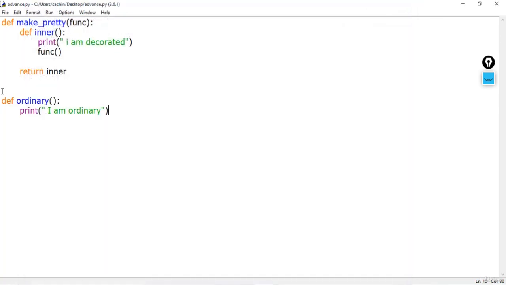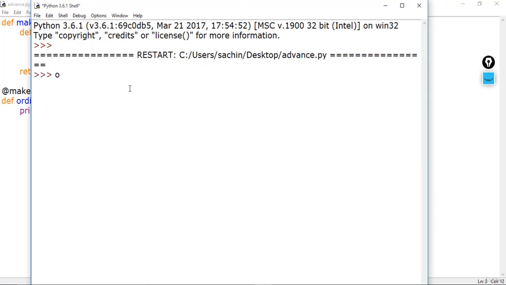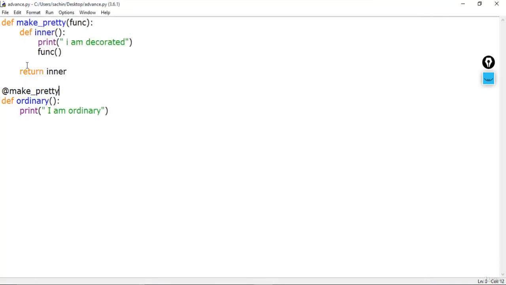But if we put this statement, make_pretty, which is our decorator, above the definition of our ordinary function, save and run it one more time, and call ordinary again, it should show I'm decorated and I'm ordinary over here,